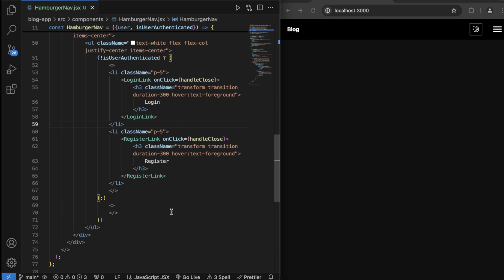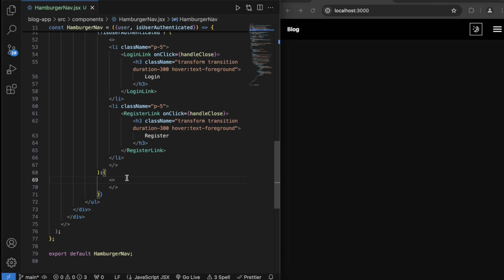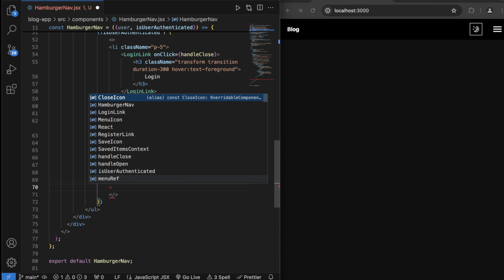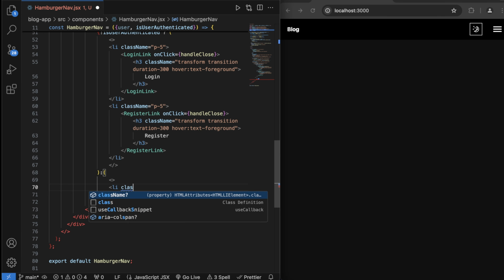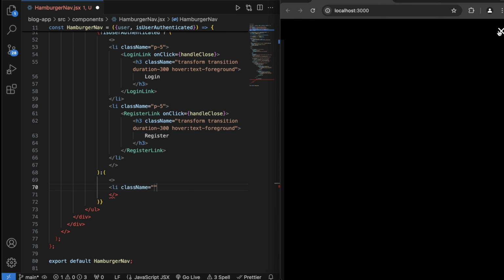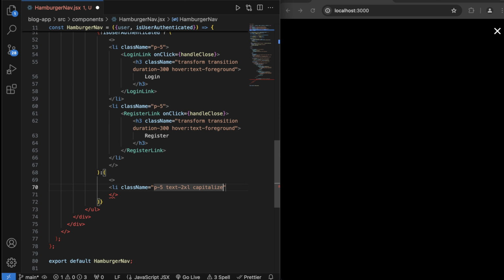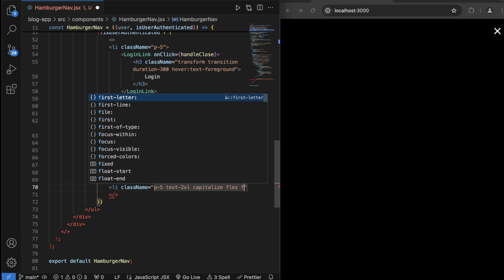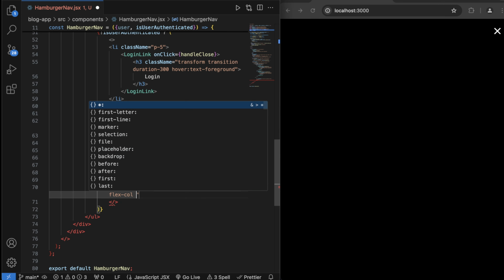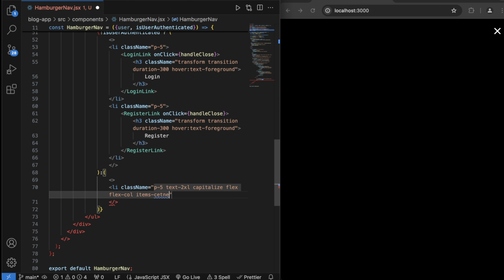So what we have now is for if the user is authenticated. So if the user is authenticated, we're going to have a list item class name. So let's open this up so we can see, because we are authenticated, let's see what we get. So list item is padding of 5, text is 2XL, capitalize, and flex column, items is center,